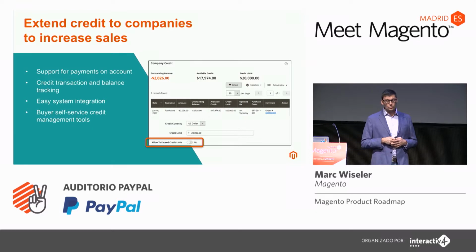The ability to order on account is new in Magento 2.2 as well. You have the ability to set a credit limit on a per customer basis, and you can also set a currency, of course, on a customer basis. Customers can see transactions and place transactions against that credit. They can see a full history of credit, both of orders placed against that credit and of payments that have gone into the system and into your accounts,